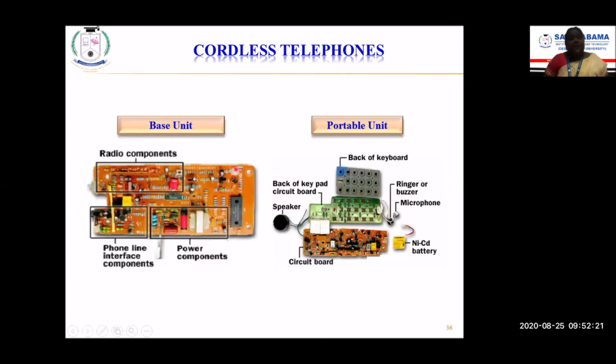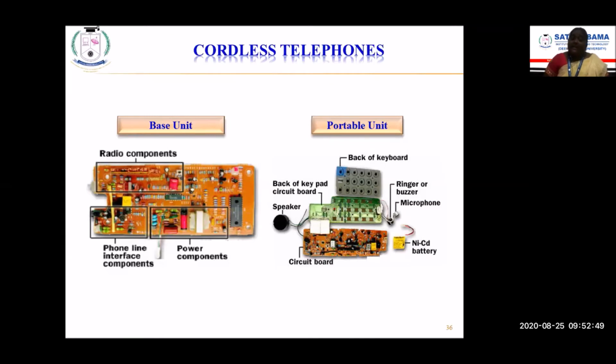So what is the telephone line? It is nothing but the local loop which is coming from the telephone exchange, where we have to physically connect that twisted pair of cable, the local loop, to this point. And all those data conversions, that is analog to digital conversion or digital to analog conversion in case of the receiving process, will be done here by the internal circuitry available in the phone line interface components.